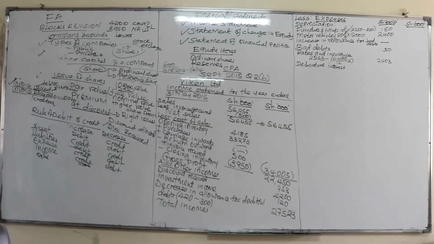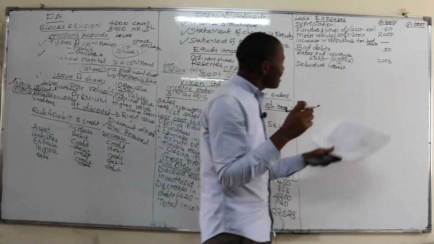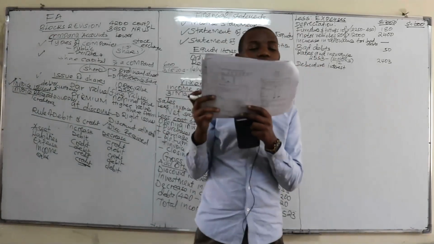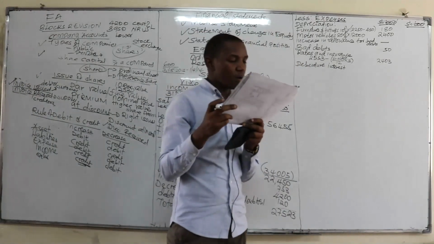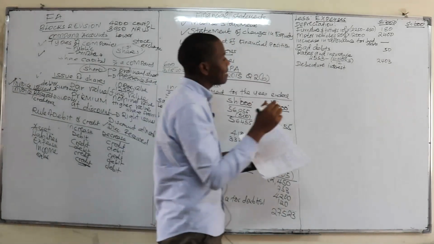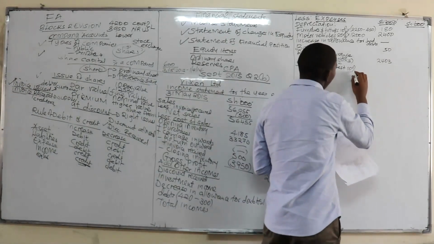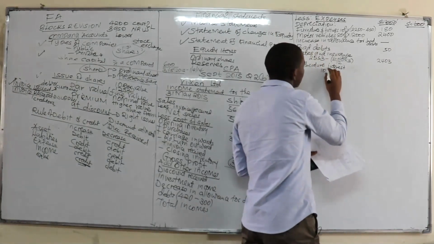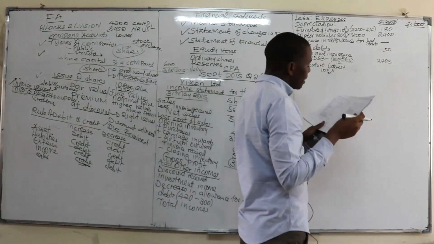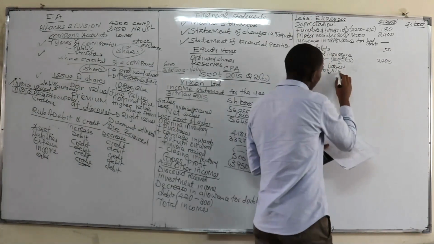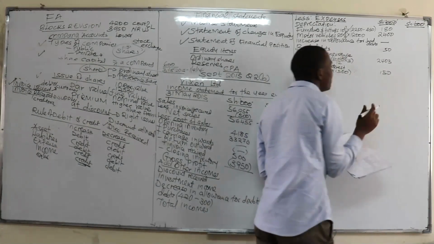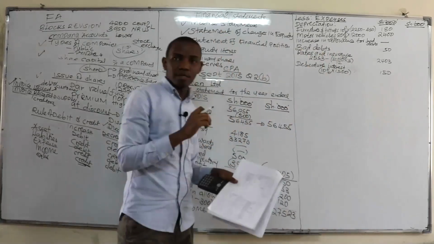Are we together? So for the debentures, you go to the trial balance, at the third line there, 10% debentures. So the interest on debenture is only 10%. That is 10% of the total debenture, and the total debenture we've been given there as 1,500. That is the total debenture. In this case, the total debenture interest will be how much?